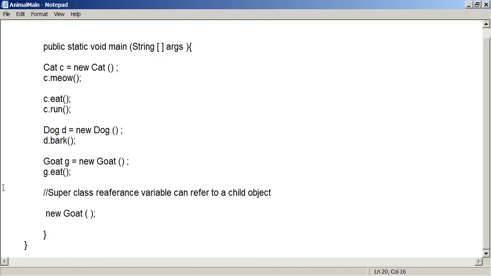Up to now, whatever programs we have written, whatever object you create, we refer to it by using its own class. But this is a different scenario. Whenever you have inheritance, the child class object can also be referred to by using its superclass variable. It's a very important thing. Whenever you have a superclass and subclasses,